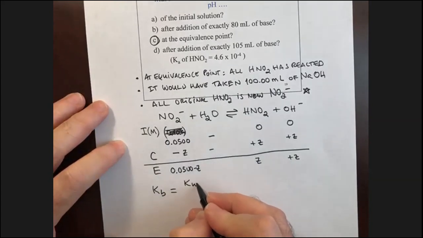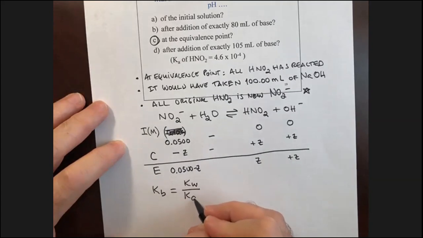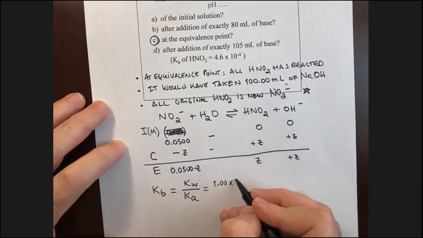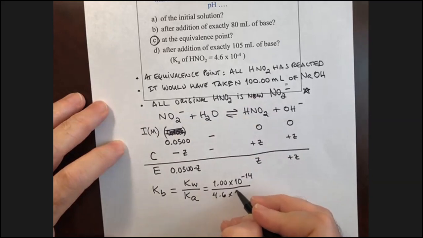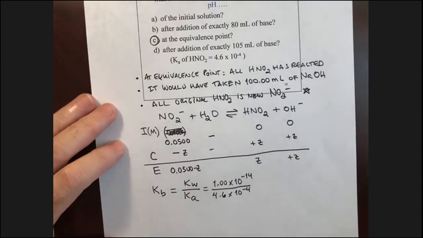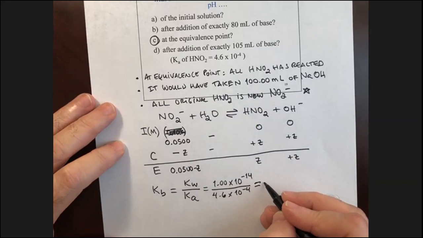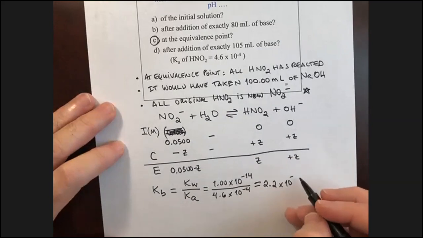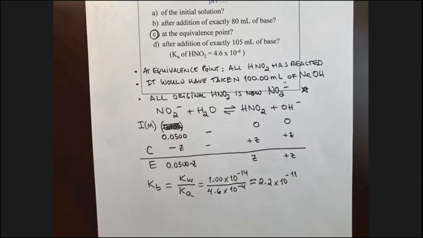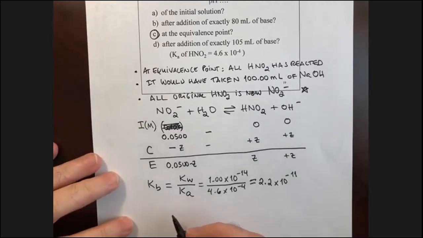And we learned that the way you do that is divide the Kw by the Ka. Kw is a constant, and the Ka we said was 4.6 times 10 to the minus 4. And this ends up being, when you round it up, 2.2 times 10 to the minus 11. Because as weak as an acid as nitrous acid is, its conjugate base is even weaker as a base. All right, so